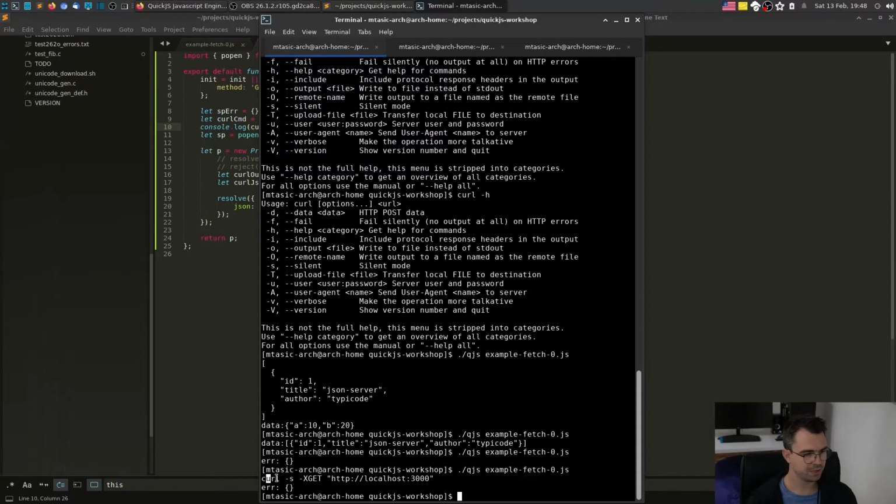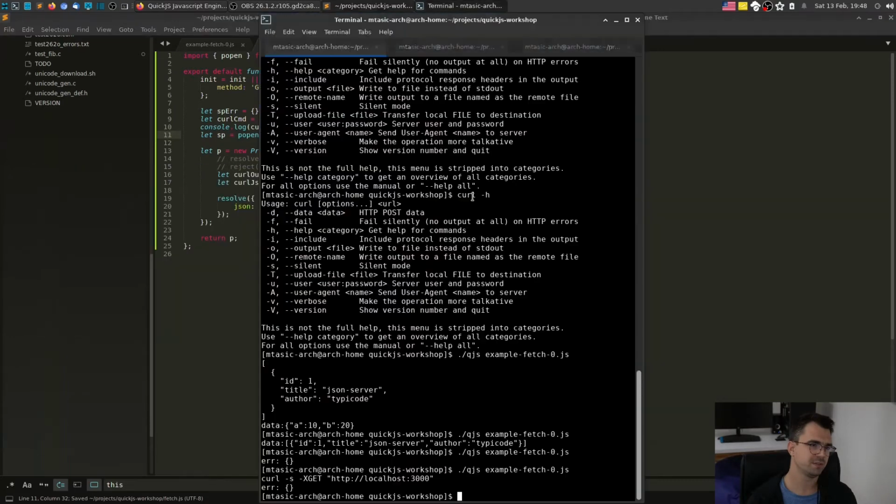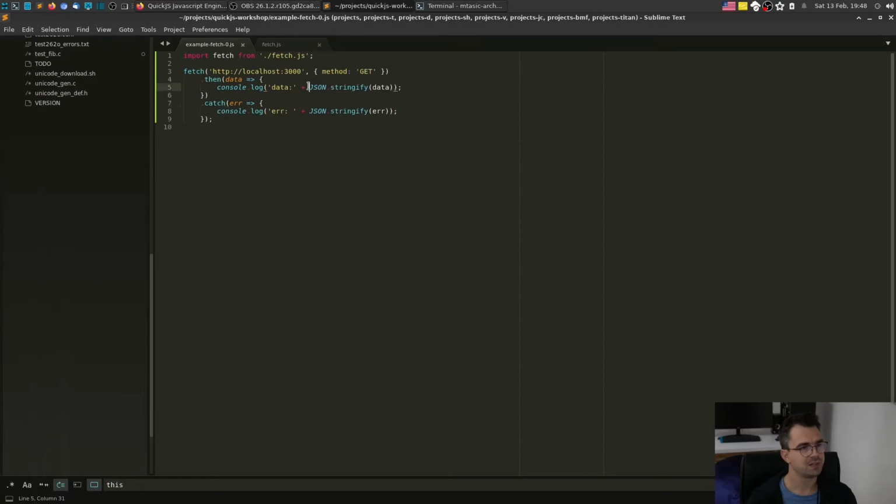So it's curl as get localhost 3000. And why is there an error? That's a good question. Maybe the error is because of this. Let's see. No, it's not that. Oh, it's here. So we should say data,